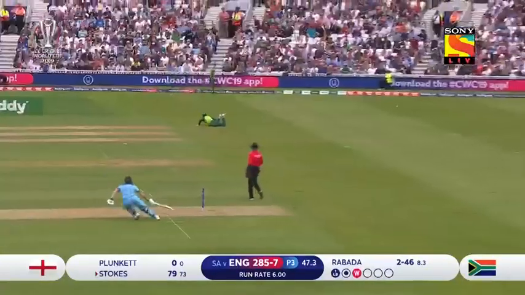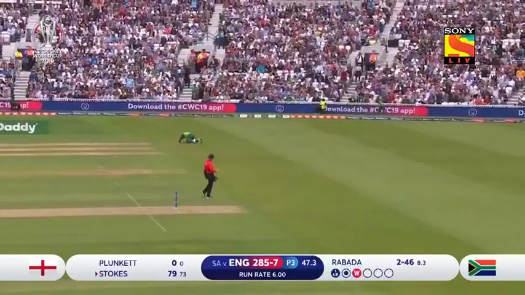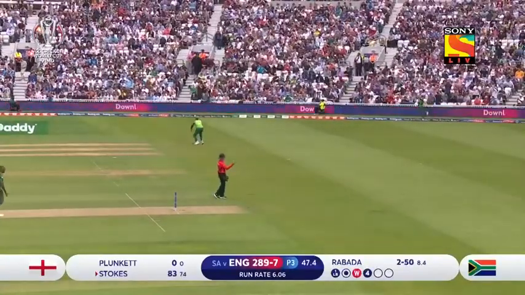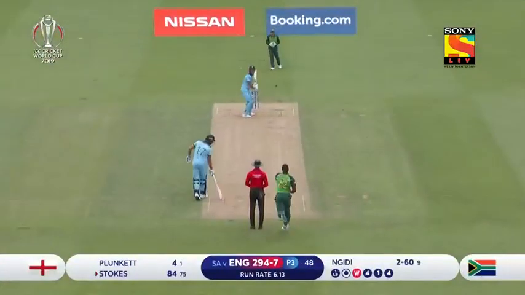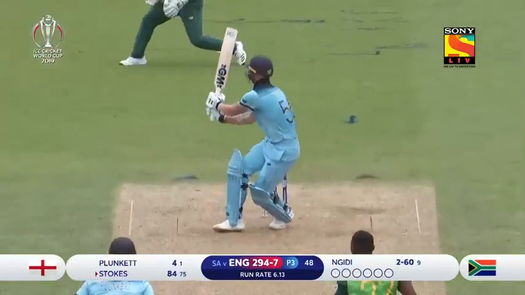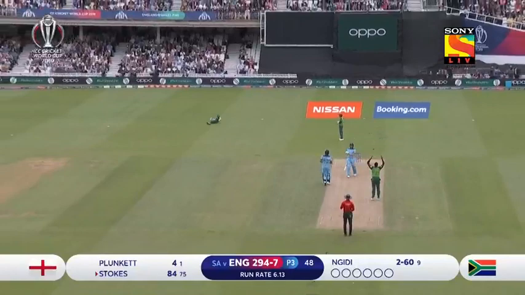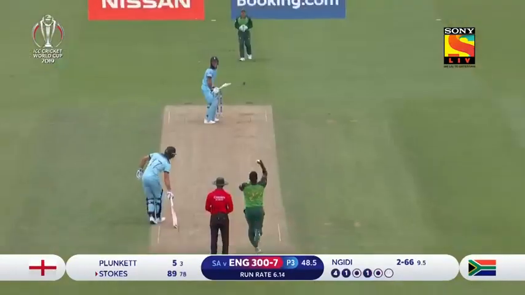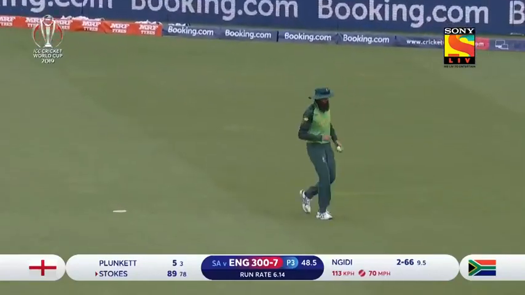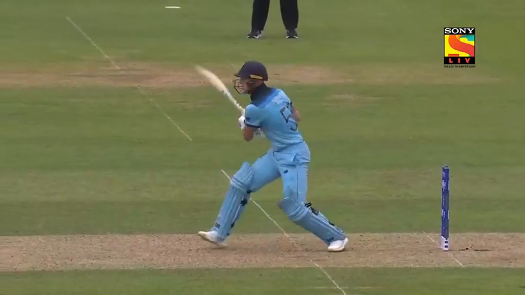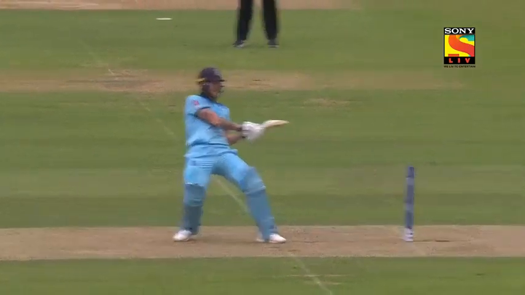Another slow ball wide. But what great timing from Stokes. Just too wide. Ngidi not happy. Done. As he walks off 11 shy of 100 with still one over remaining.